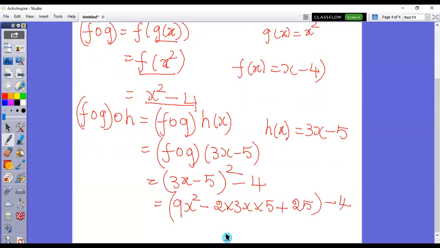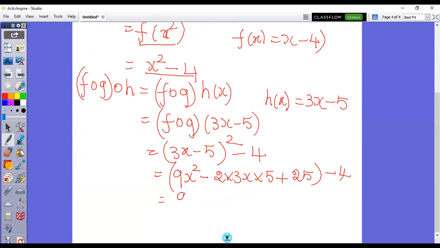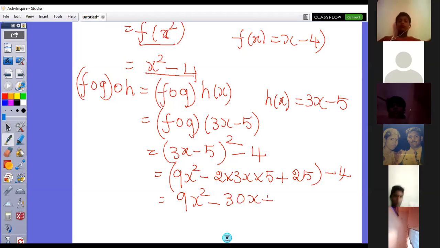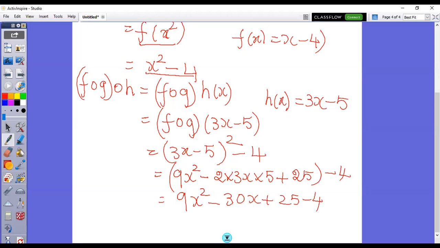Next, 9x square minus 3 twos are 6, 5 twos are 10, 10 threes are 30x, plus 25 minus 4. 25 minus 4 is 21. So 9x square minus 30x plus 21. This is the first equation. Next,